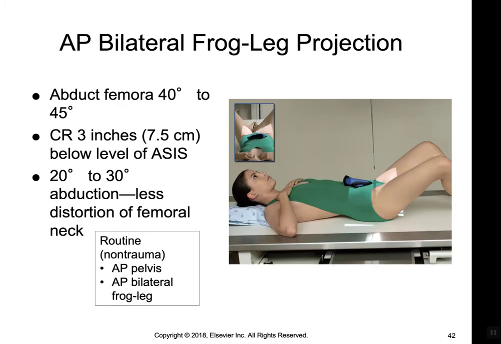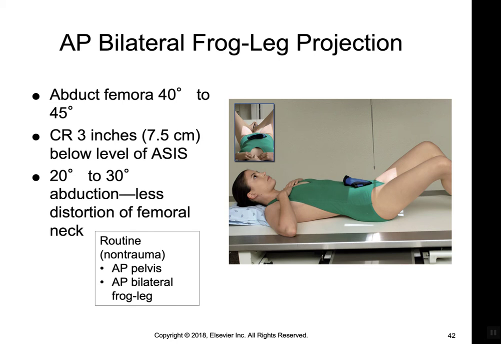That takes us right into your AP bilateral frog leg projection. A lot of places don't use this. Mostly in the peds department, they will do these. Some ortho clinics do it because they want to have both hips or hip flexors on one film for comparison. But what you'll do, you abduct the femora 40 to 45 degrees, CR 3 inches below